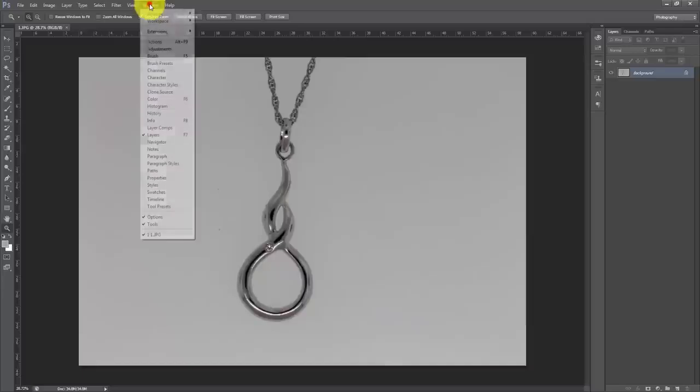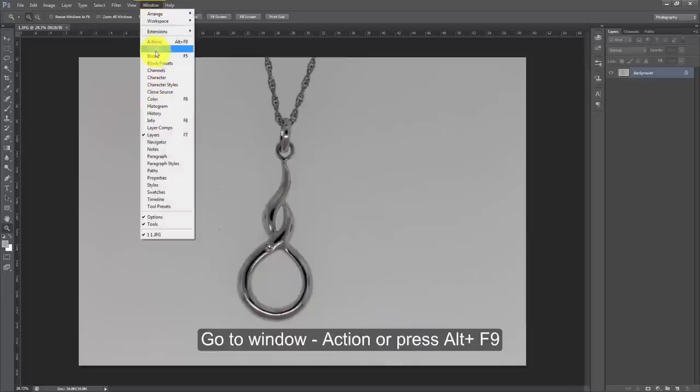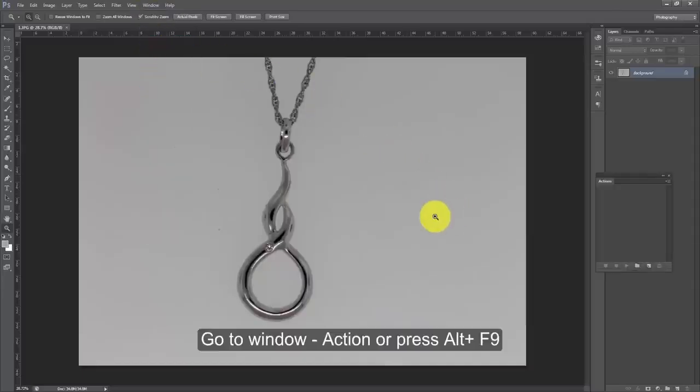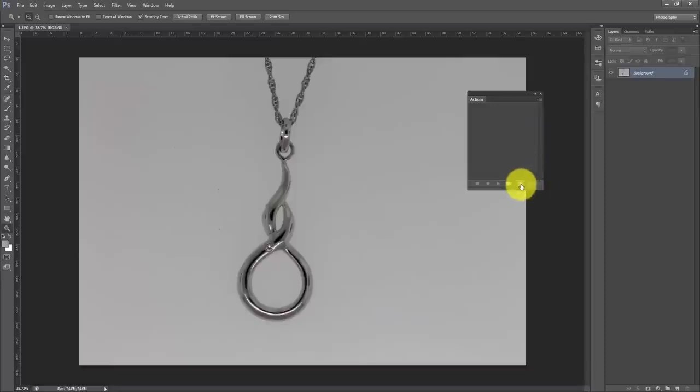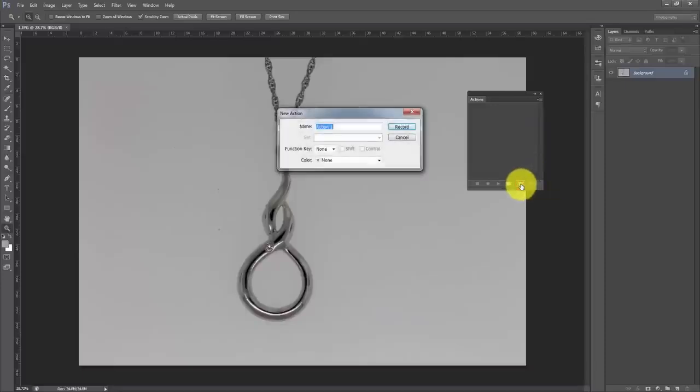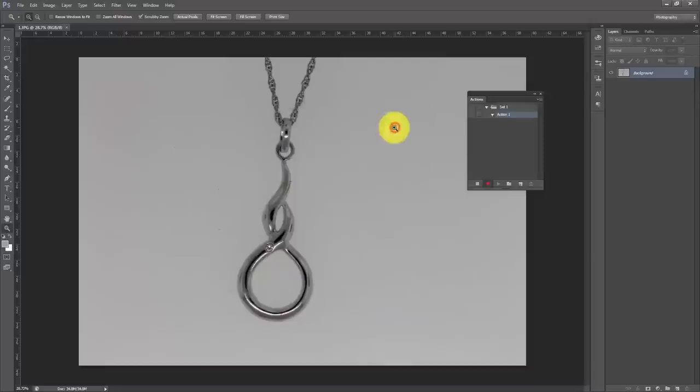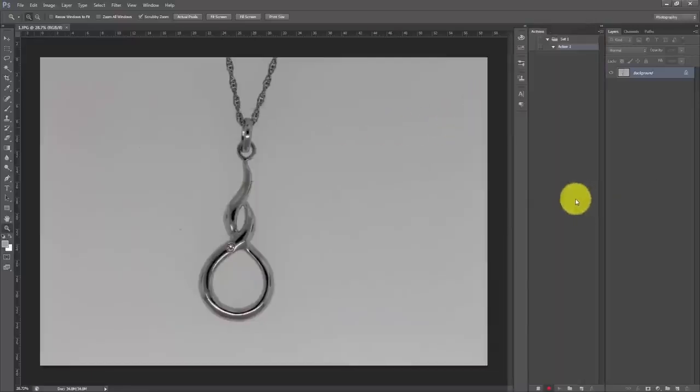our activity. Go to Window, then go to Actions. Here we see this Actions dialog box. Then press New Action and Record. Now whatever we are going to do, everything will be recorded here. So how to do it? Now the first step is to